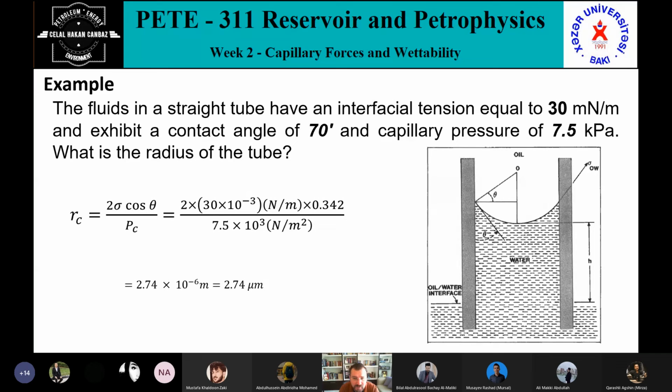So milliliter per meter, you have to change it to Newton per meter, Newton per meter square, because I want to make all of them the same. How can I divide by kilopascal? Milliliter per meter to kilopascal. So I have to make my corrections. I have to show it in terms of Newton and meter when we are talking about capillary pressure and the radius, the capillary tube radius.